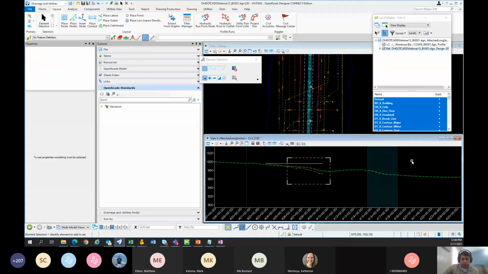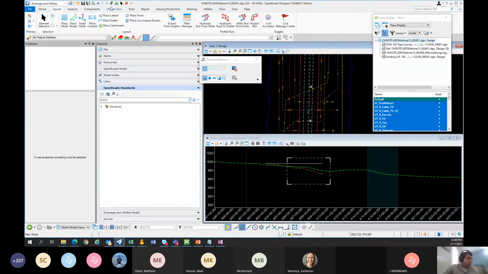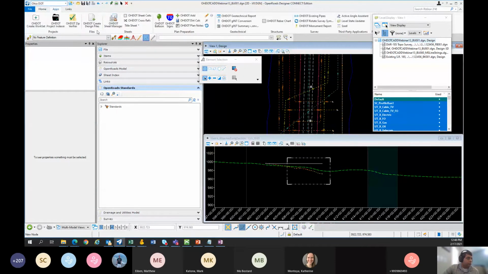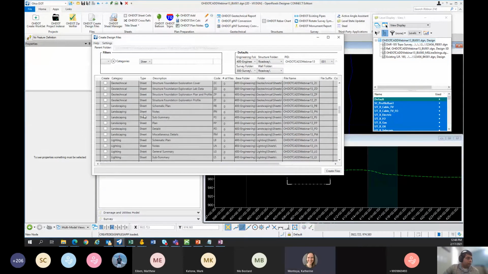All right, so let's create some sheets real fast and go over annotation, and hopefully we have some time left. So you don't want to cut sheets in here, right? So we want to create another file to create our sheets. So let me just launch my create design files. So I want sheets. So roadway,